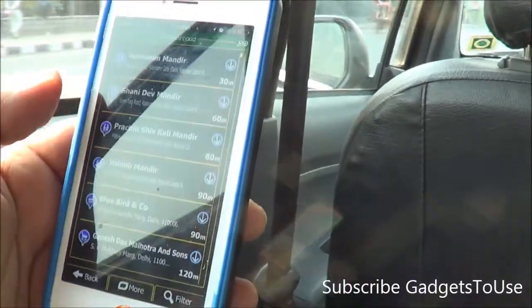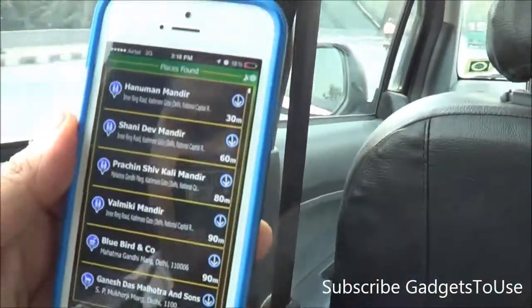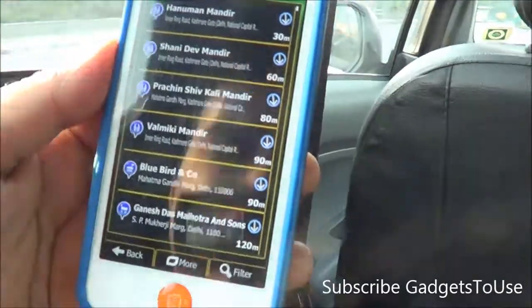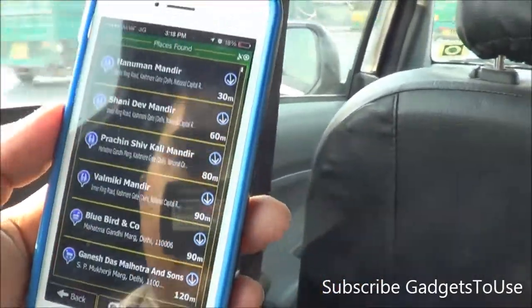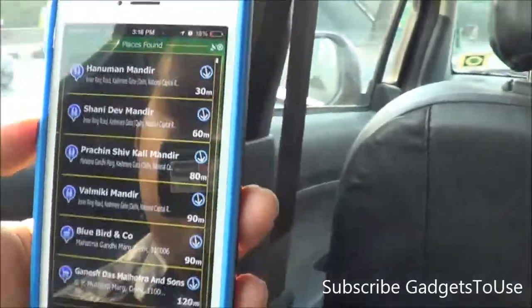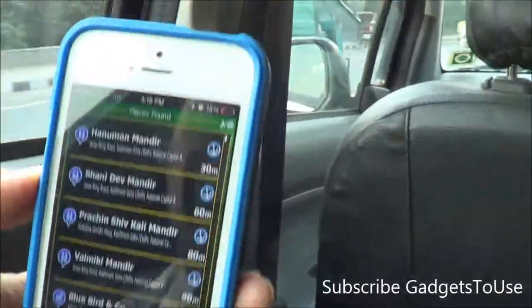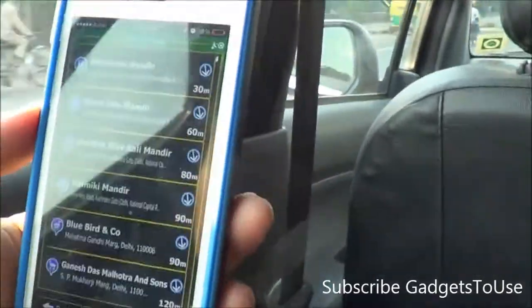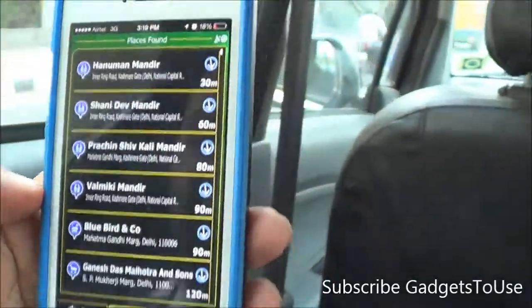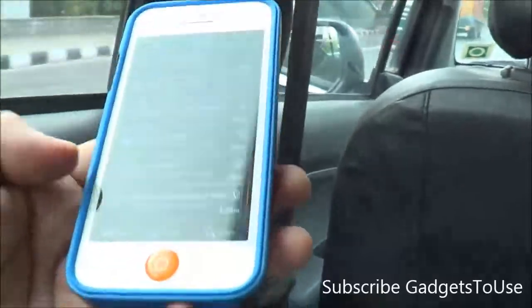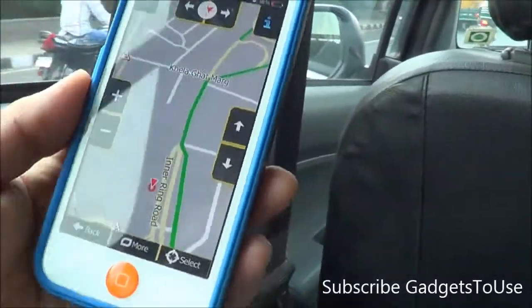You can have places around cursor, with which it will tell you the other places around your location wherever you are on the road. It will tell you the location of those places, the complete address, and it will help you navigate to those locations in case you want to visit any of them. So it lists some temples over here, all the temples which are nearby, and some other locations as well.